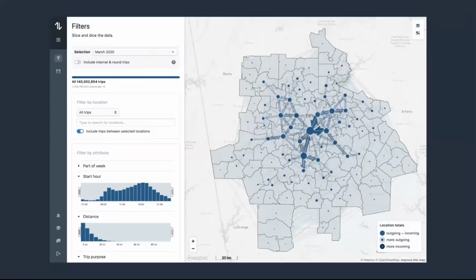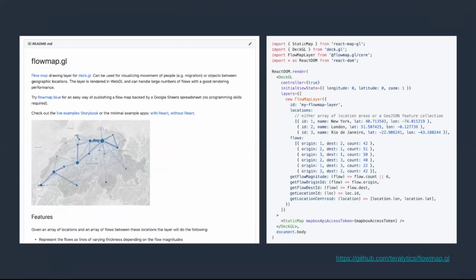As soon as deck.gl came out, we started experimenting with it, and the second version of our dashboard was already using deck.gl. We developed this custom deck.gl overlay, FlowmapGL, which I could also persuade my managers to open source as a library. So FlowmapGL is a deck.gl layer which anyone can use.